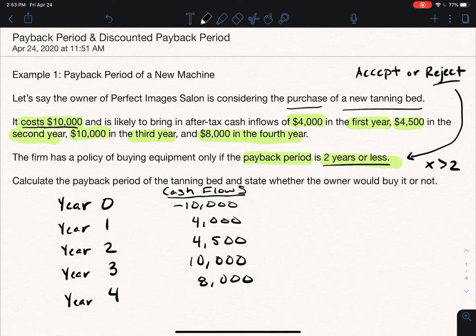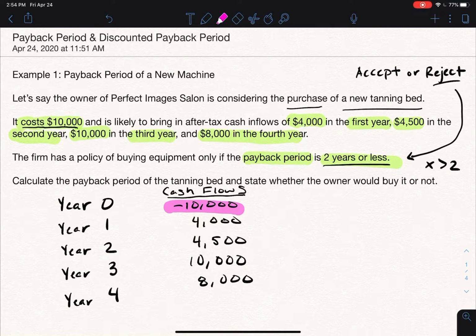And then we're asked to use the payback period method to determine if we should accept or reject this project. So what the payback period method does is very simple, actually. Basically it just says how many years does it take, based on the information that I have, to get my money back that I originally spent, right? So I originally spent, let's go pink here, a negative $10,000, right? And so I'm in the red, if you will. And so the question is how long will it take me to get to the black, right? Hopefully everybody understands what that means. Those are accounting terms, but just basically I'm in the negative, and how long will it take me to get